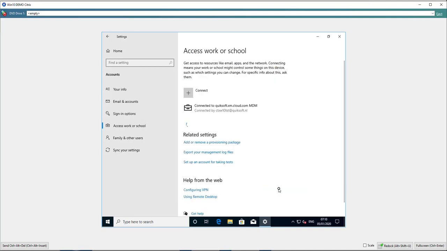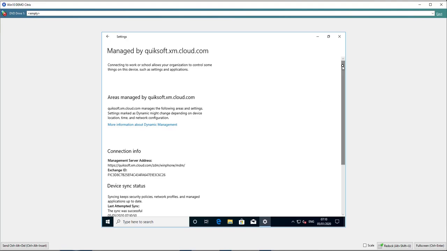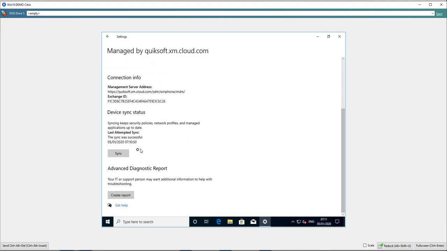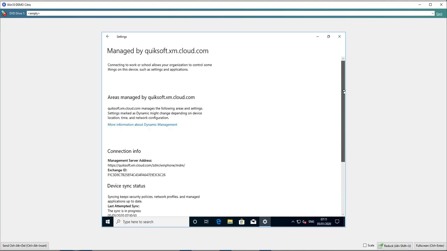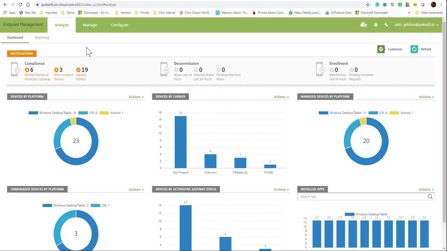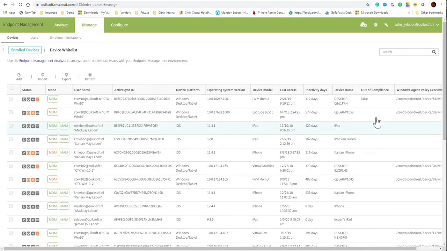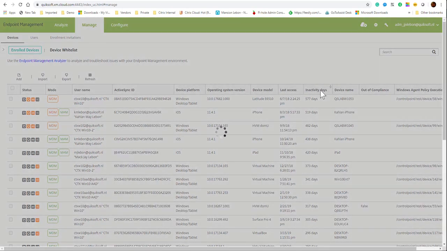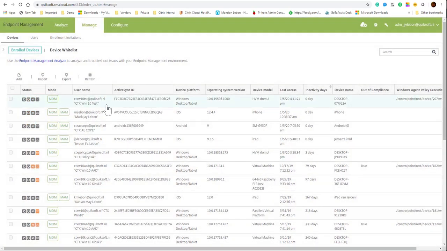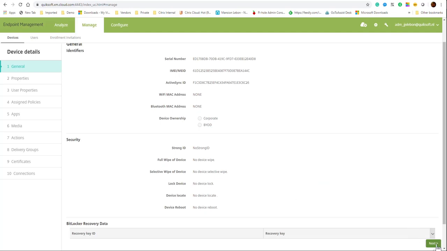That's enrollment done. We go to info, and we'll do a manual sync, and we will wait for a few minutes to get all the settings pushed down. So if we go back to the Citrix Endpoint Management Console and look into the inactive days, we see a new machine here, and if we go to more and the properties, you will see that